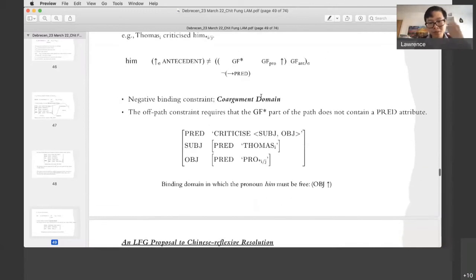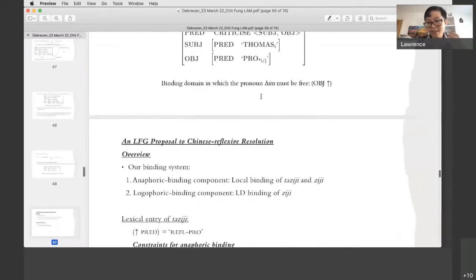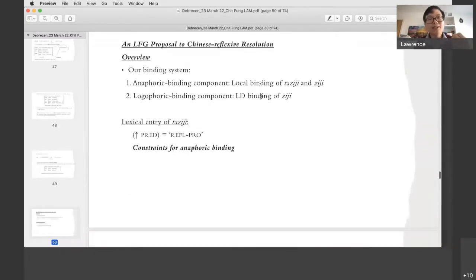Yeah, to characterize binding. That's how LFG does it. So when we apply this to Chinese reflexive, what can we do? First of all, I will just give one example. I won't go into all the details of how it's to be handled because it would be a very, very long proposal. In the lexical entry, we included some constraints, the equation,